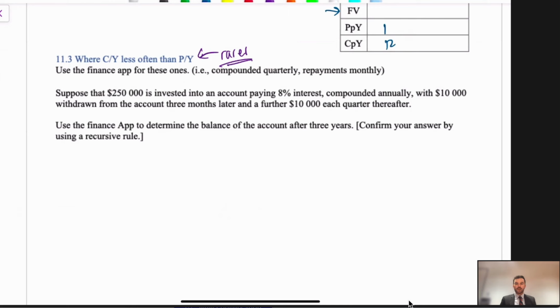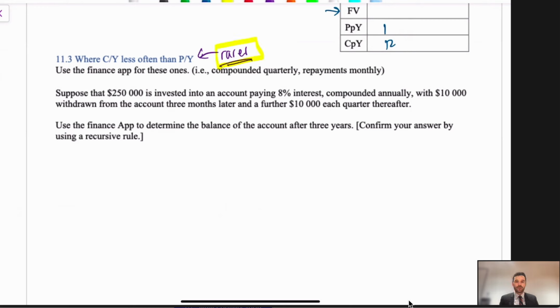Continuing on from lesson 11, we're looking at where compounds per year occur less often than payments per year. Now this one here, I'm not entirely sure what the answer is. I've got a few good guesses, and I think we're going to find in this video why I'm not so sure. So I've definitely highlighted this. This is a rarer question, and